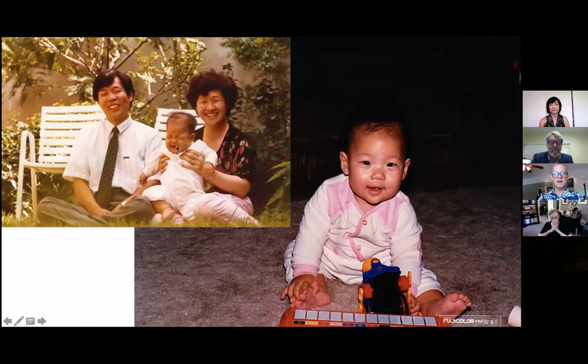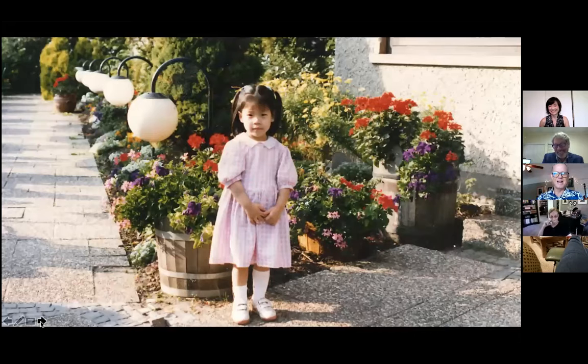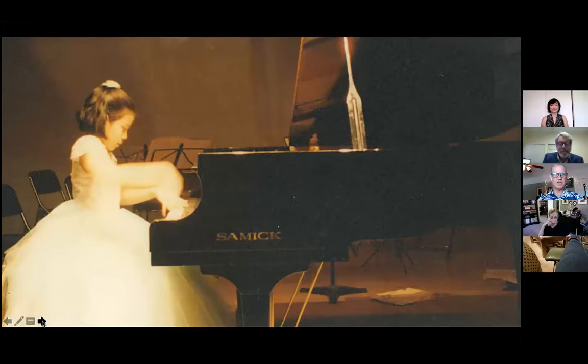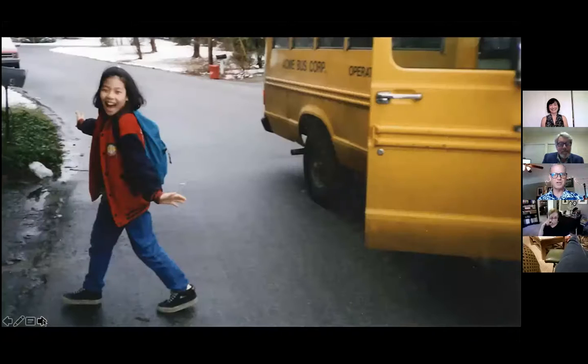So this is her dad and her mom, and Joyce says she looks like Kelsey Grammer in this picture. There she is at the age she started to do piano. So that's when she started, age 4. Here she is at her first recital, and I think she said she had 7 layers on that dress to make it poof out so much.